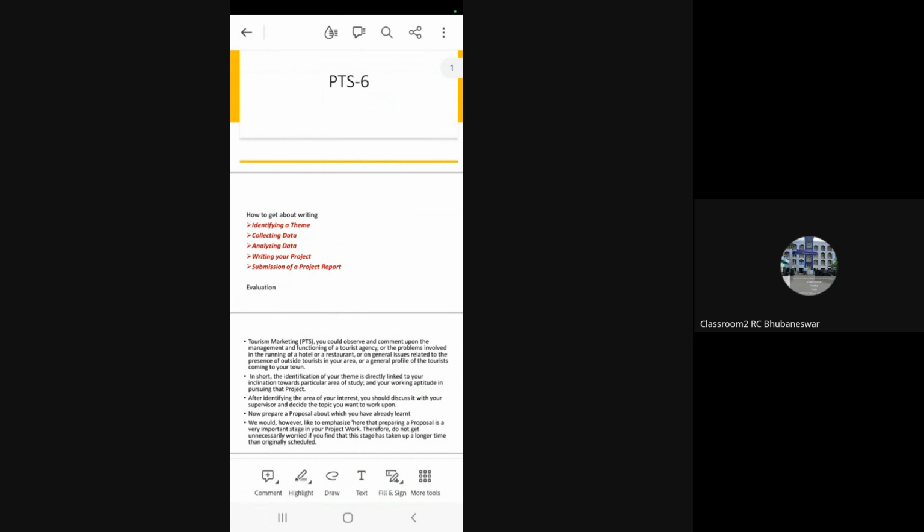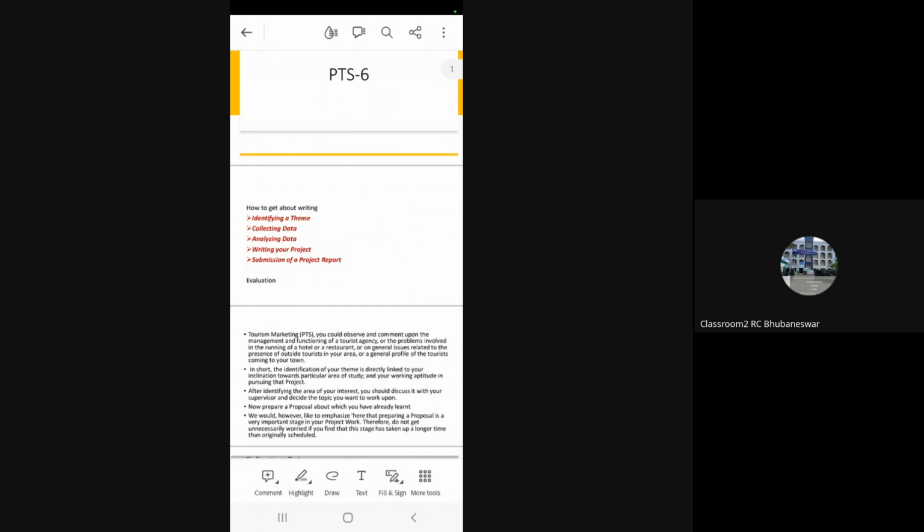Then we have to collect data. At the same time, you need to analyze data, and you have to write your project, and then you have to submit the project report. And then the evaluation takes place.